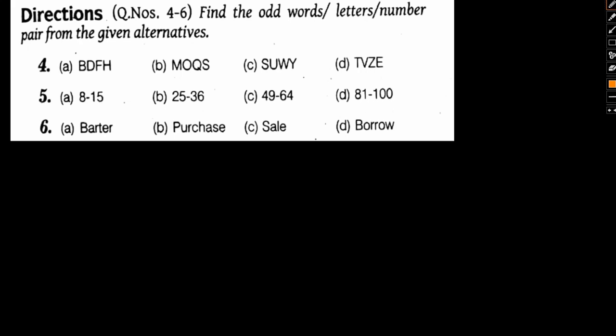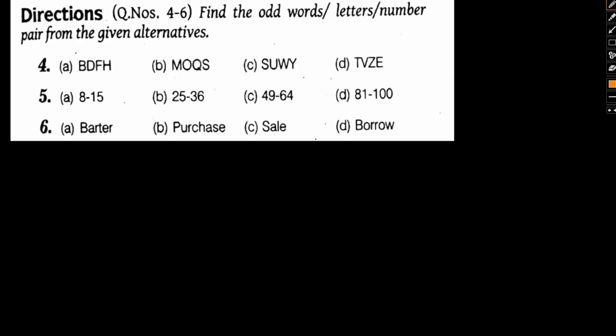So in this video, again, we'll be continuing our discussion with respect to the GI section, or the general intelligence section, of the paper. If we're talking about this paper in general, what we can see is that this year the pattern of the examination as far as this section is concerned is more or less of a similar sort that we have seen in the previous years' papers. So no out of the box, no unexpected questions were asked. But that being said, one thing cannot be denied: this year the questions that were asked were a little bit on the more difficult side. That is, they required a little bit more critical thinking in general.